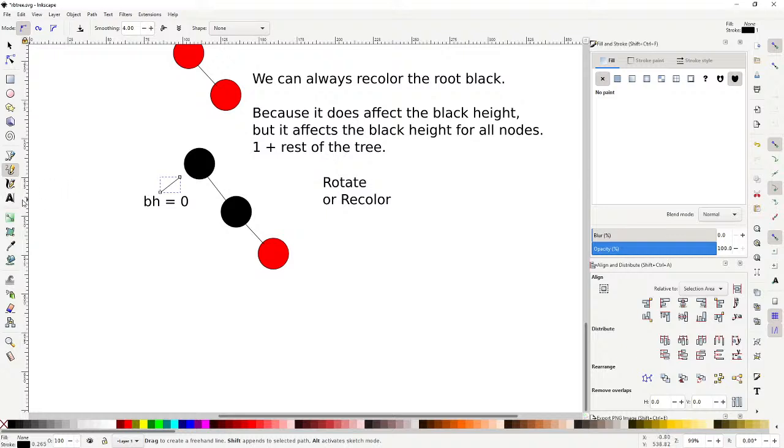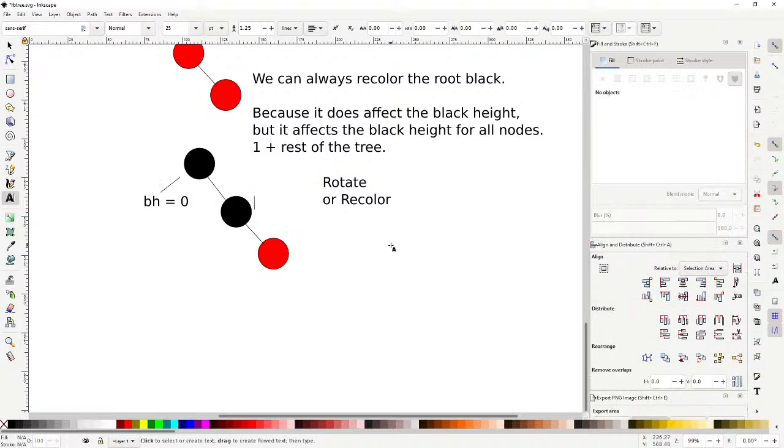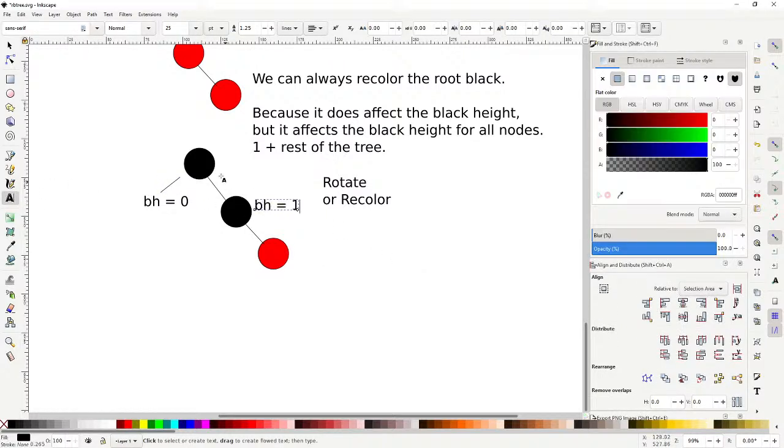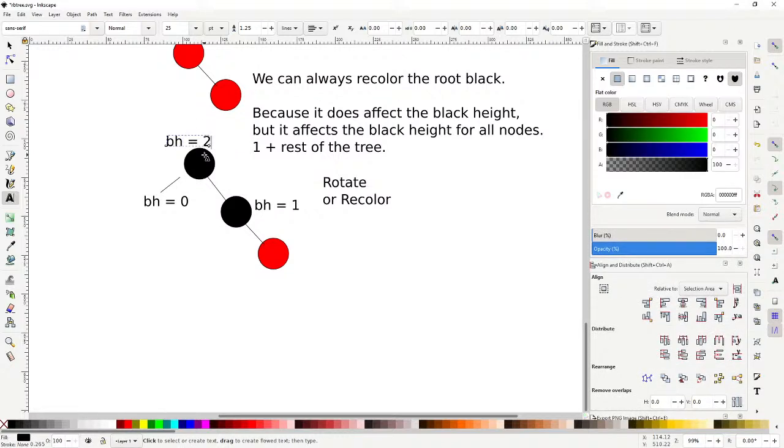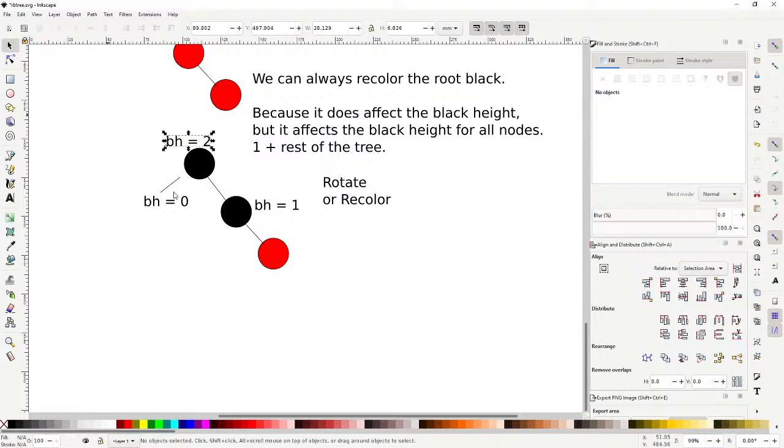But then the black height over here is 1, right? Over here. And then you notice that this breaks our rule, because we're going to have to do 1 plus the black height of both of these, but the point is that these both need to be the same for it to be a red-black tree, so that's not possible. So, okay, so it's going to either be 1 plus 0 or 1, right? So technically, the black height here is going to be 2 if you define it as the max, like the